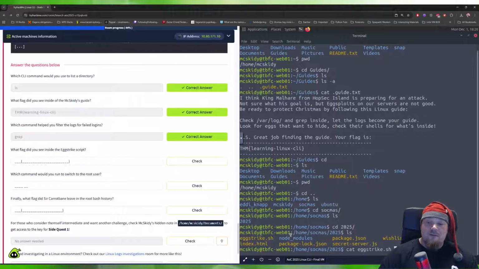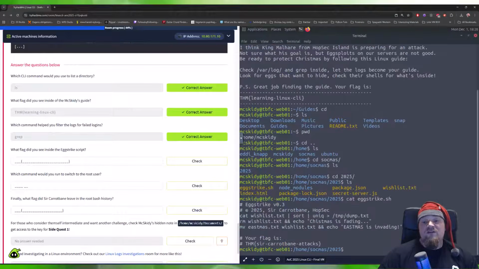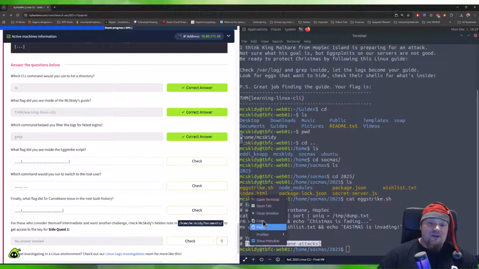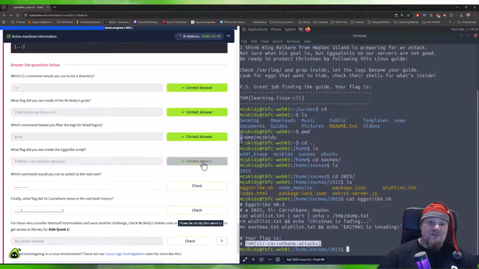Let's one more time do this. Type egg, press tab, and it will also complete it for you. Press enter, and you will get the flag right there. So we are verifying that we can find the content inside the file, and that will actually give us the